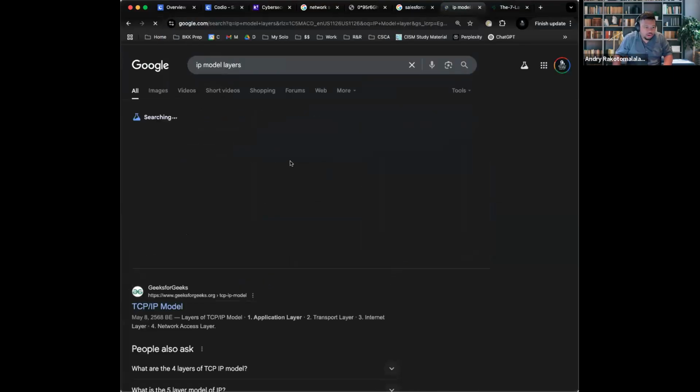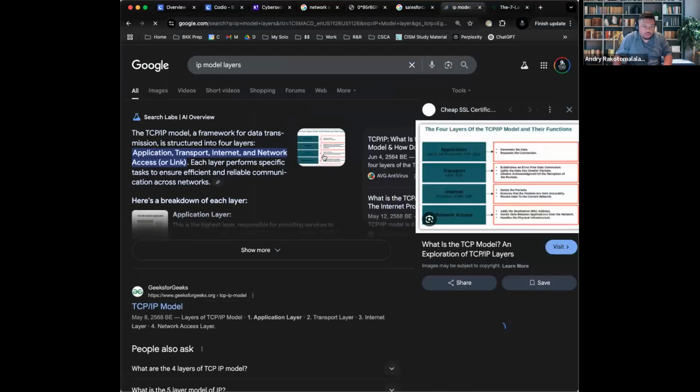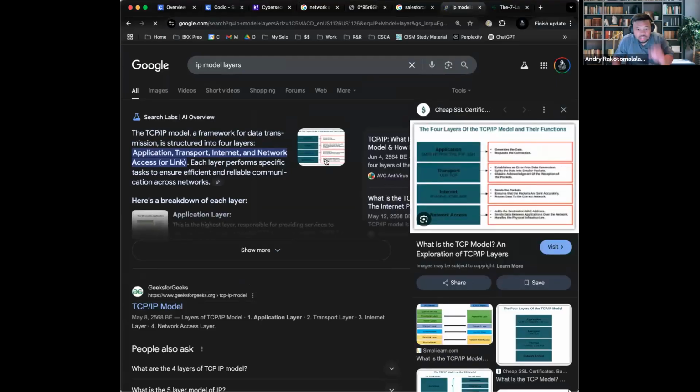The IP model layers are the same thing as the OSI model, except it's quote unquote more revolutionized. Instead of 7 layers, they tend to have 4, and it typically combines a lot of them. So transport layer stays the same, application layer stays the same, but all the other layers tend to get grouped into these two different areas. You can look into this if you want, because this is what we mean when we say that when you make a strategic decision, you layer them together. You don't just pick one or the other. They typically work together in unison.